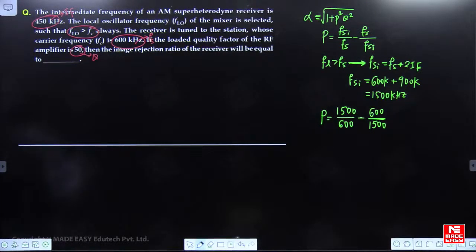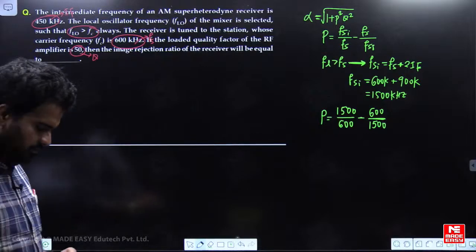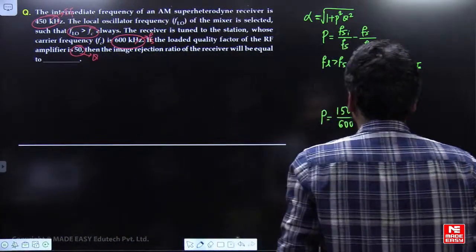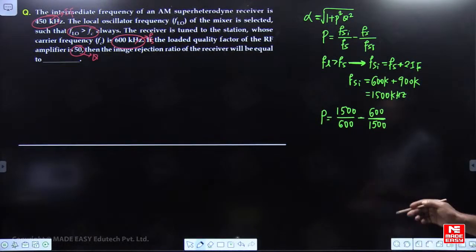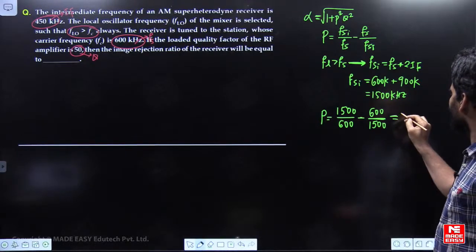Anyone got the answer? Yes, this will be 2.1. P is equal to,